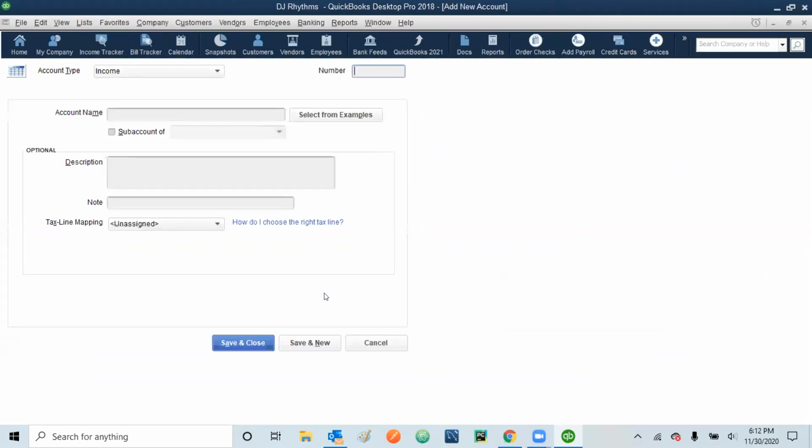So here comes the account. Now we are working with 47810 as my income account, and the account name will be weddings. And it will be our sub account of sales income. Right? So now you see we have one account, sales income, that covers all different types of businesses we are doing. Now we are segregating, we are making weddings a sub account of sales income. So if we earn something using our services for weddings, that will be part of our wedding account. So that's how we are creating different accounts for this.